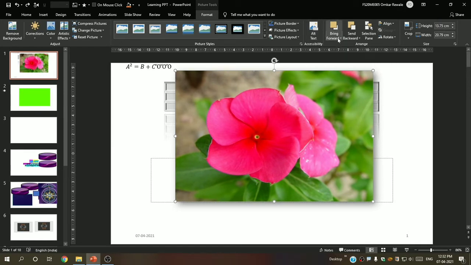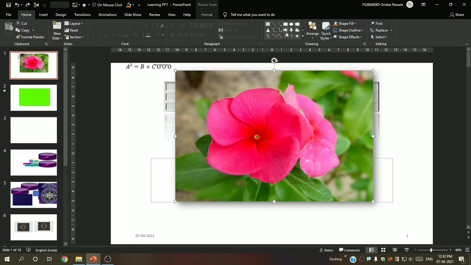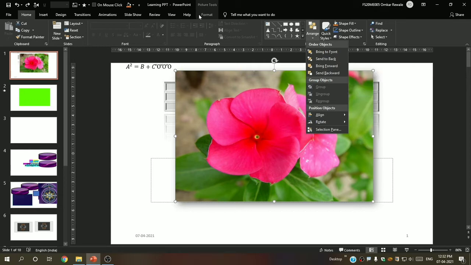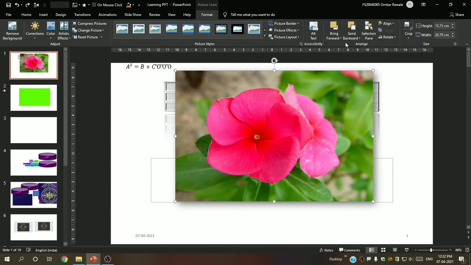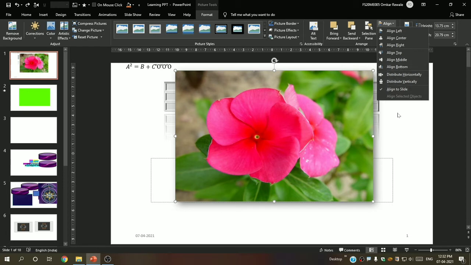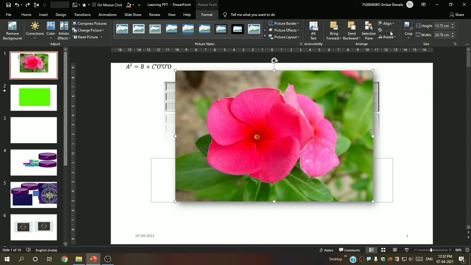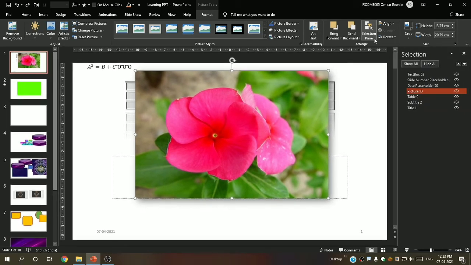Bring forward. So these are the arrange options. If you remember, in the Home tab, in Arrange, you will see bring forward and backward. As I told you in the previous lecture, all the common formatting options are provided over here. So these are only the align option. Align again, this is from the Arrange, from the Home. Rotate, again same. Selection pane also I have shown you.